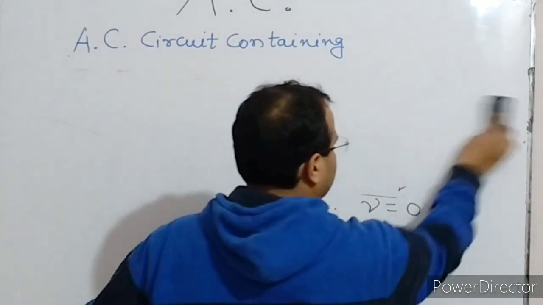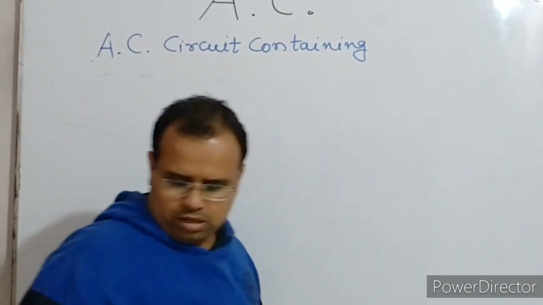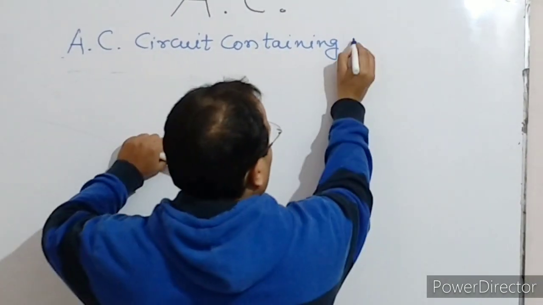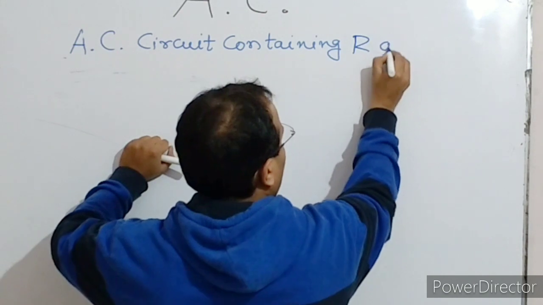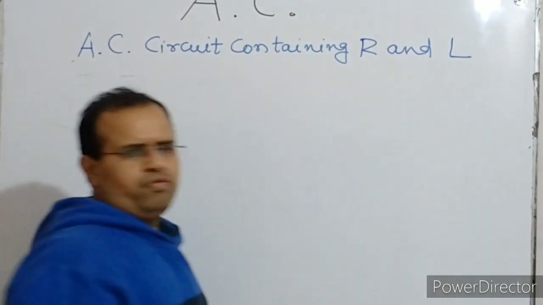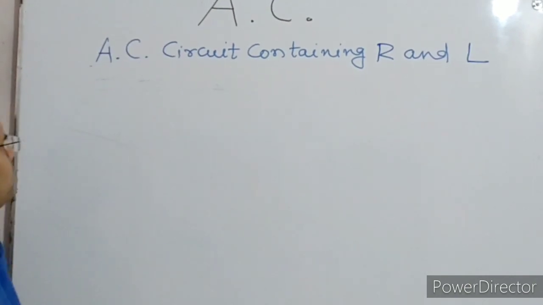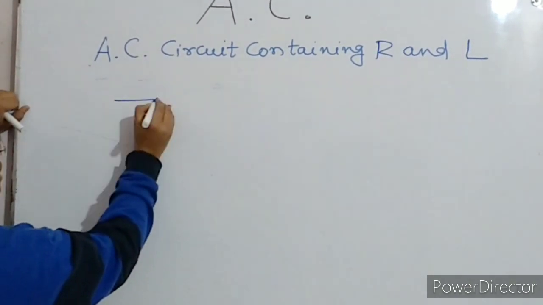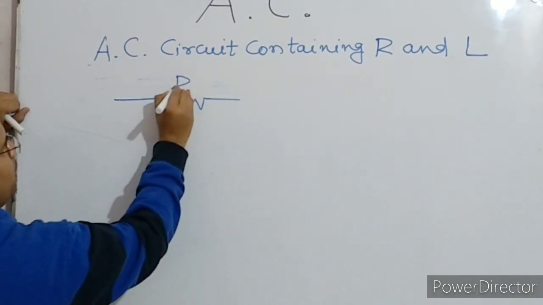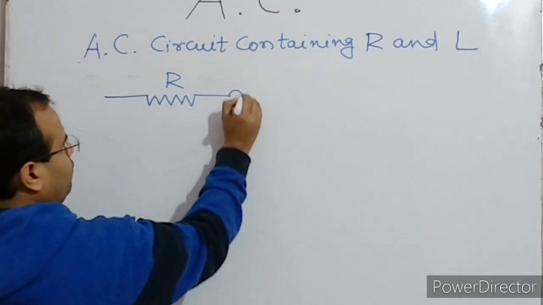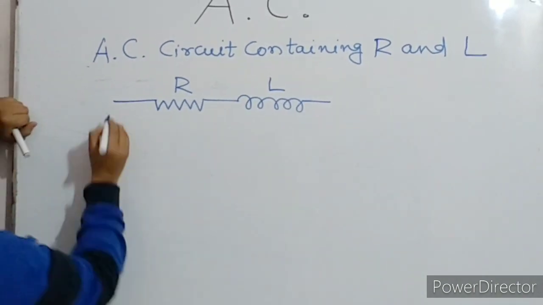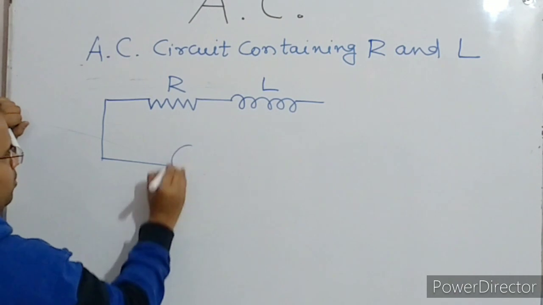Okay, now we can also discuss the combinations of R, L and C. So let us try to understand this. Suppose that an AC circuit contains R and say L. If an AC circuit is containing R and L, we can draw the AC circuit like this. Here we have R and then we have L, like this, and here we have an alternating EMF.